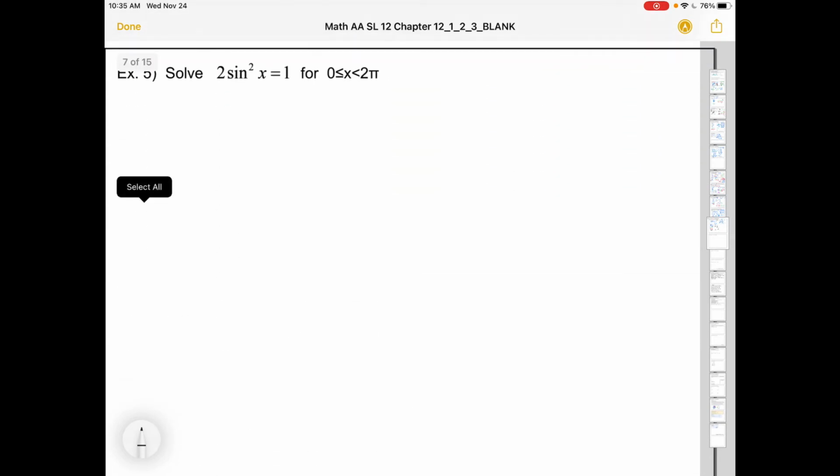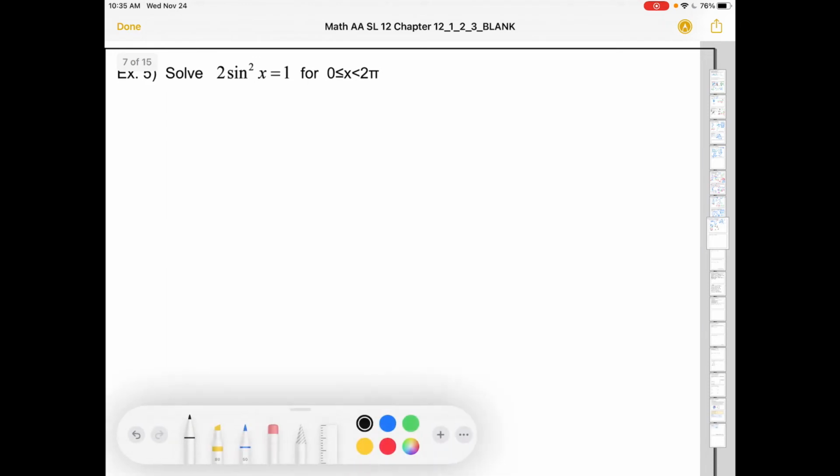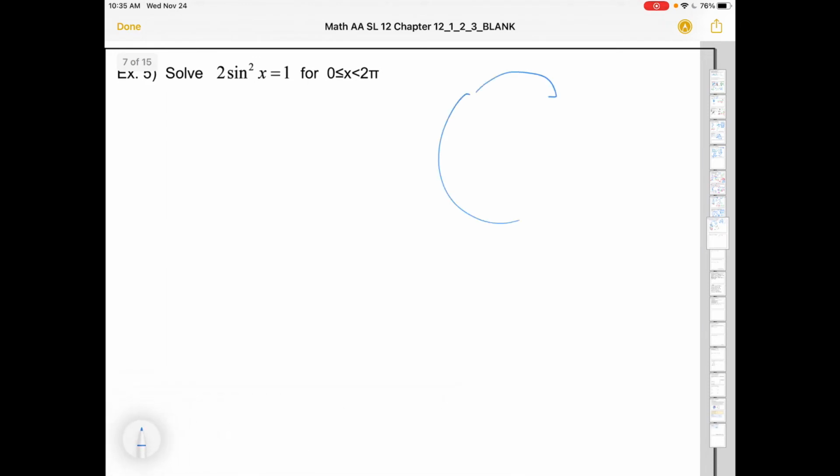Let's deal with one last one. So we've got 2 sine squared x equals 1. Again, I'll go off to the side and think, okay, what would that look like if it weren't triggy? It would be 2y squared equals 1. And if you really want to, you can factor this. But I think it doesn't make that much sense. If you have no other terms, like no sine term or no y term,